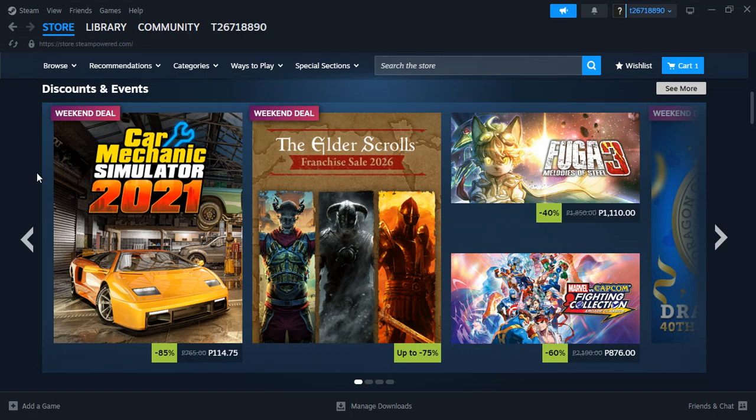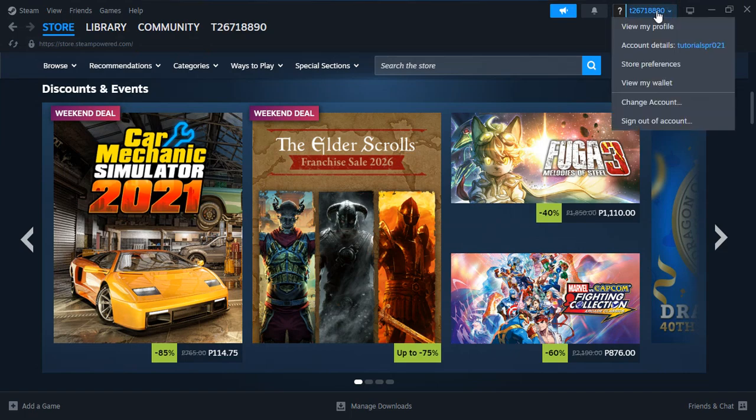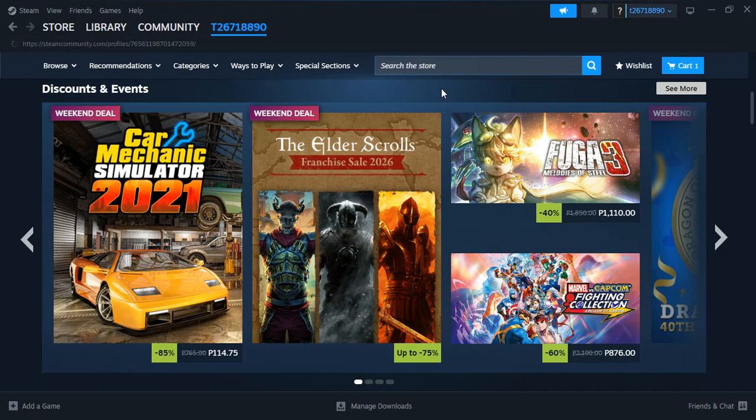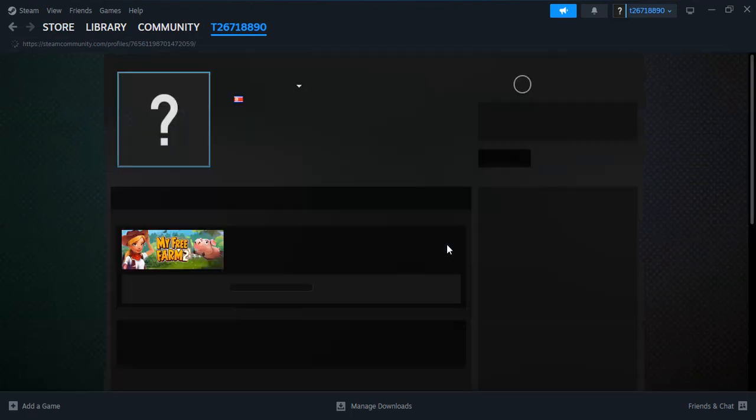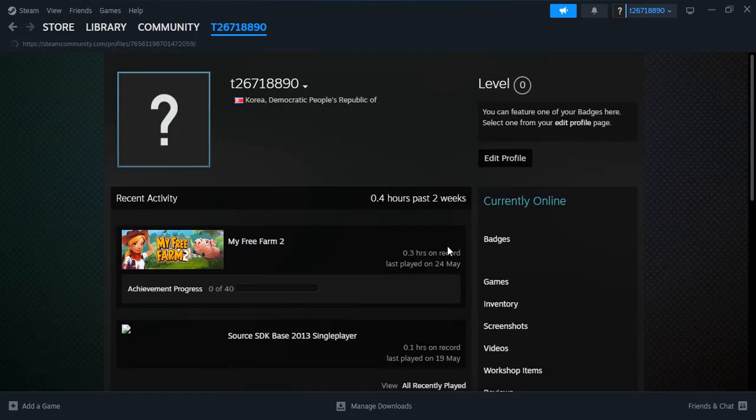Once you have Steam open, take a look at the top right corner of the window. Here, you'll find your profile name. Go ahead and click on it. This will bring up a drop-down menu with several options related to your account. From this menu, you'll want to click on View My Profile. This takes you to your personal profile page, where you can see your activity feed, friends list, and other details